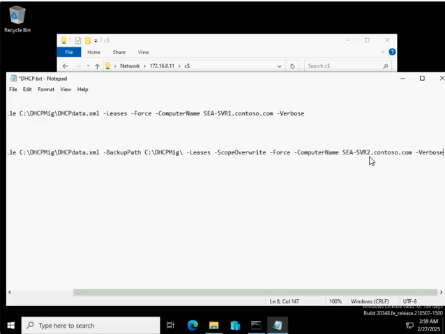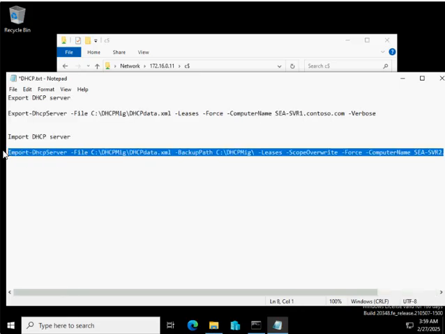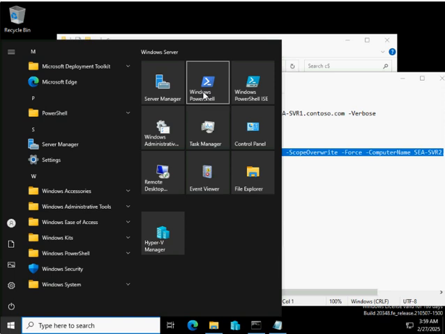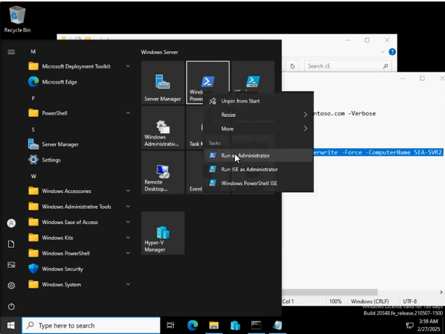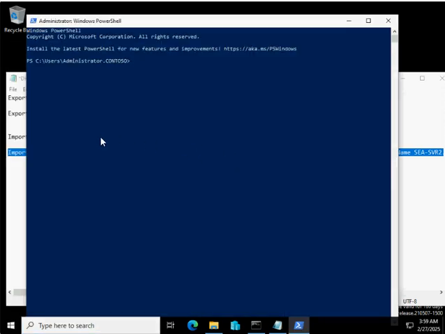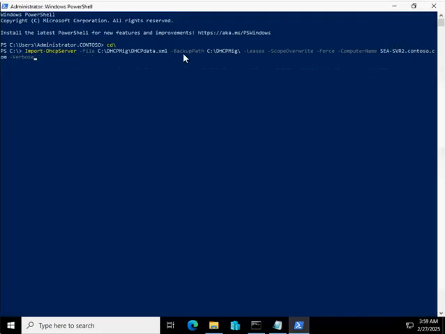I'll again open PowerShell as an administrator, and I have to paste this import command. The only difference you can see in this import command is that it has one extra line called backup path, right?